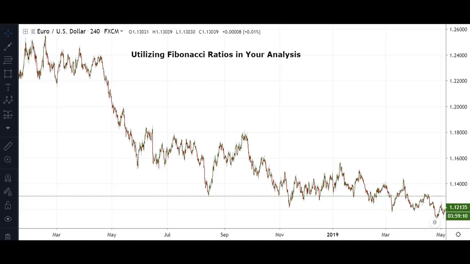Now, before we start looking at charts and how Fibonacci ratios are commonly used, we first have to know where these ratios come from. The first person to write about Fibonacci ratios was a 13th century Italian mathematician called Leonardo of Pisa, who introduced a special sequence of numbers that later became known as Fibonacci numbers or the Fibonacci sequence. These sequence of numbers or ratios can be used to describe the special proportions or building blocks that exist within nature, with the most popular ratio being the 1.618 number, which scientists and mathematicians today refer to as the golden